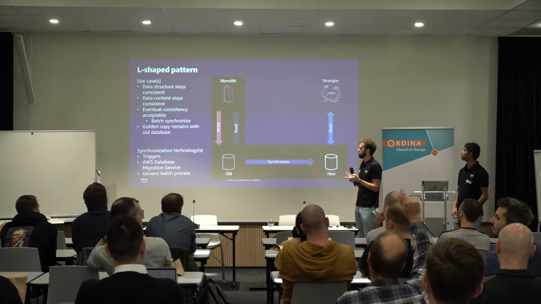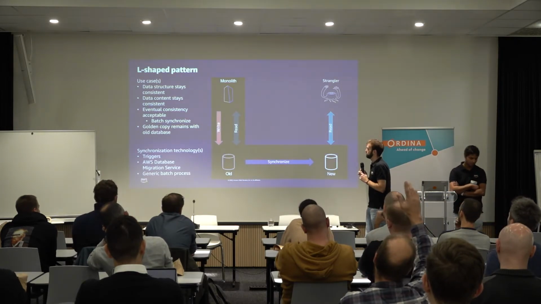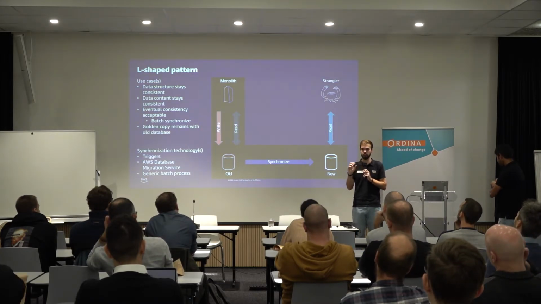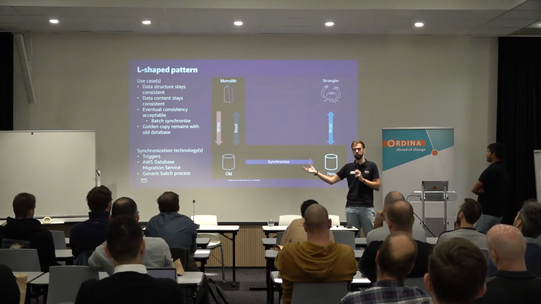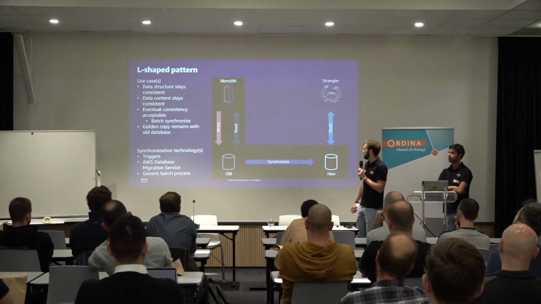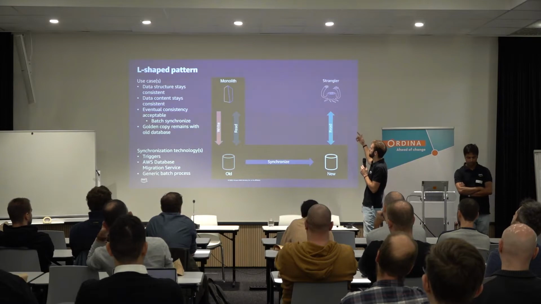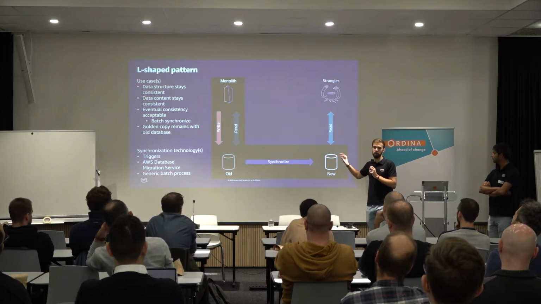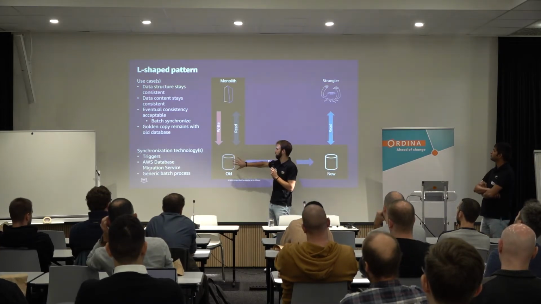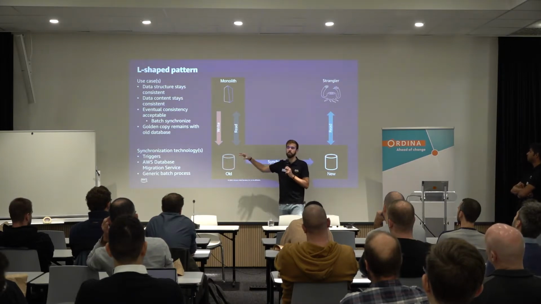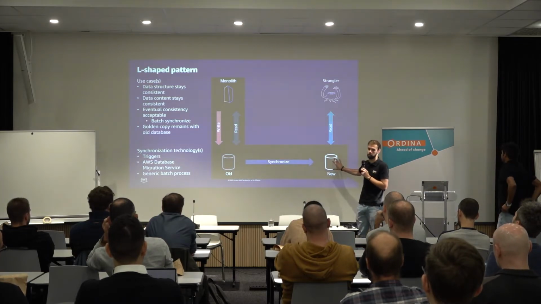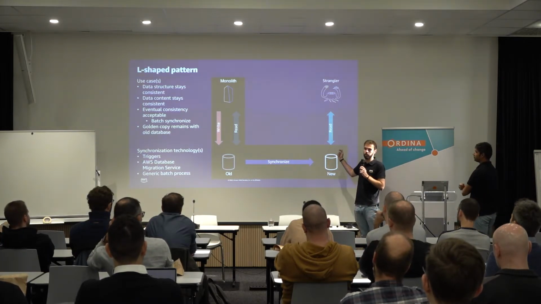There are mainly two approaches. The L-shaped pattern that you see here is used mainly when you have a consistent data structure. So when the new functionality that you add next to the monolith needs to access more or less the same data. It's used usually when the Strangler only needs to read data from a new data source. In this case, the main write operation happens on the old data source, which will be the RDS database that you have seen in the previous architecture. And there is a synchronization that happens to the new data source where the Strangler reads from.